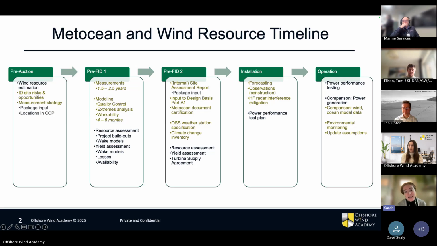So in the installation phase, the Metocean team is helping with forecasting. There should be observations also in the ocean at that time. A forecast should be calibrated to the local measurements that we have there. Maybe there are measurements around that it can be calibrated to, but also within your site itself, and that'll make a big difference